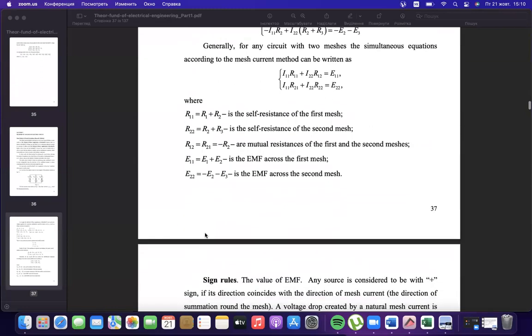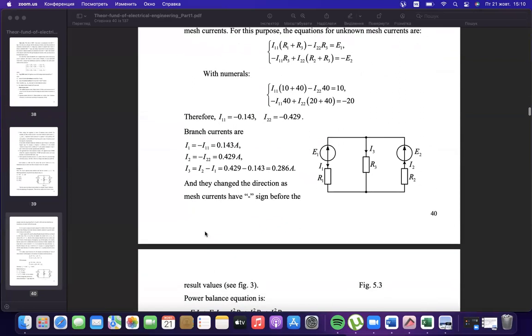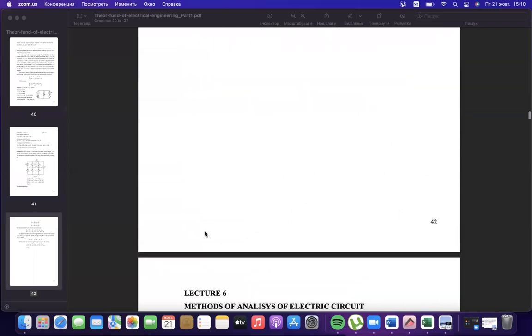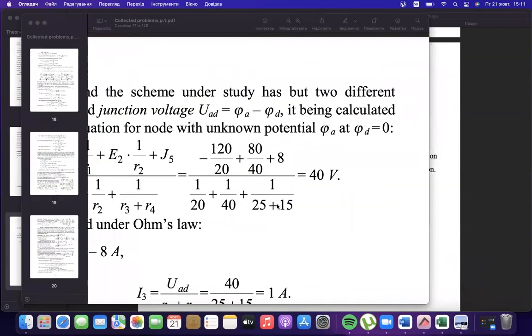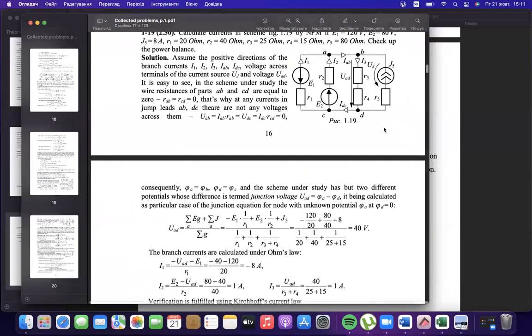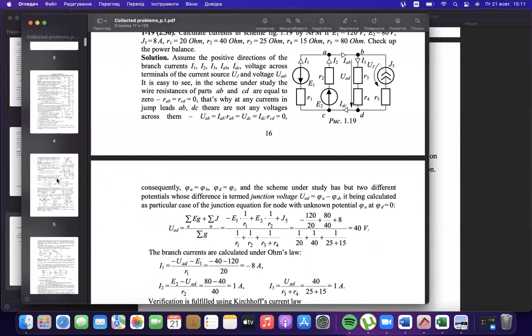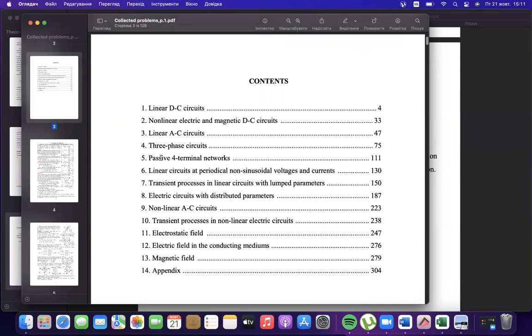A couple of slides on our mesh current method, an example like this, two examples. If we want, we could practice. I propose for today, I will tell something further about lecture material, but for practice, I think you will train such things with teacher Ludmila, and also you could see in this methodical book about practice